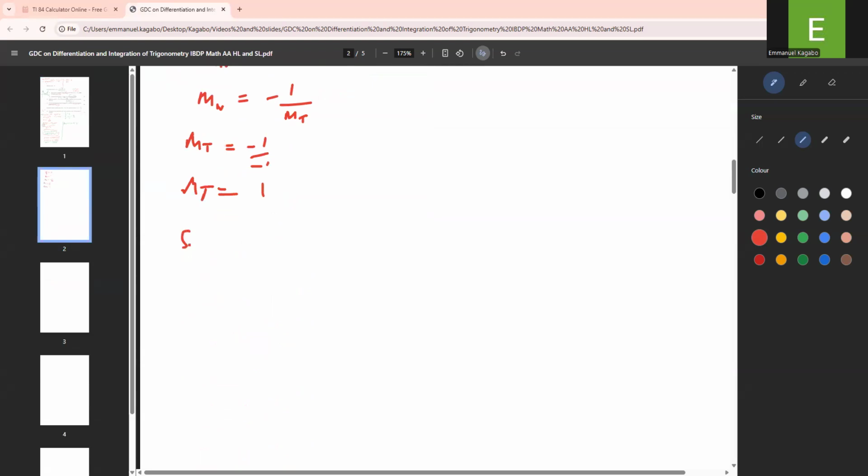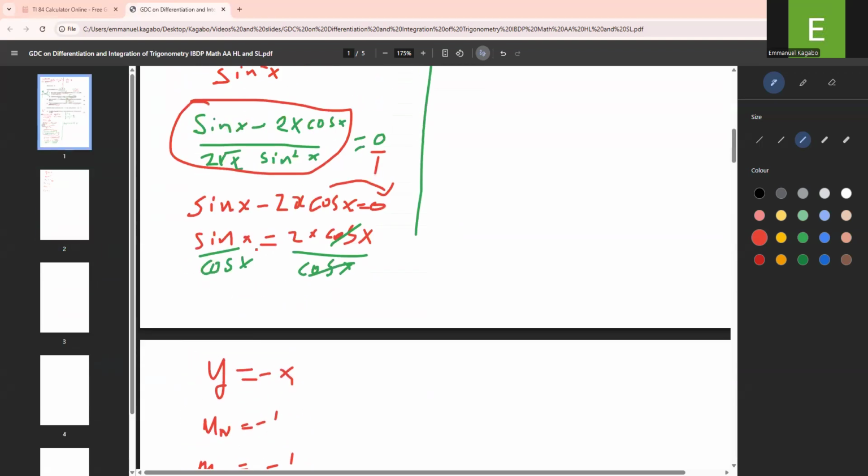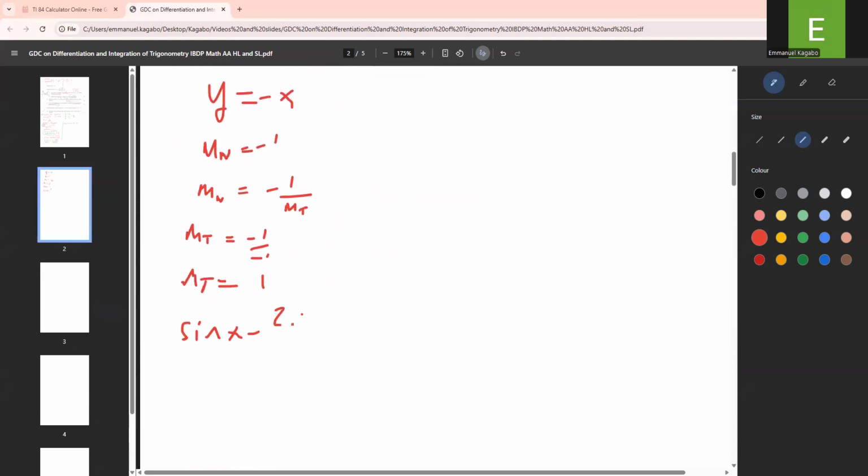It's going to be sine x, if I remember very well, 2x cos x, all of that over 2 square root of x, then sine squared x. Are we together, guys? Good. Now, this one should be equal to 1 because the dy over dx gives you the gradient of